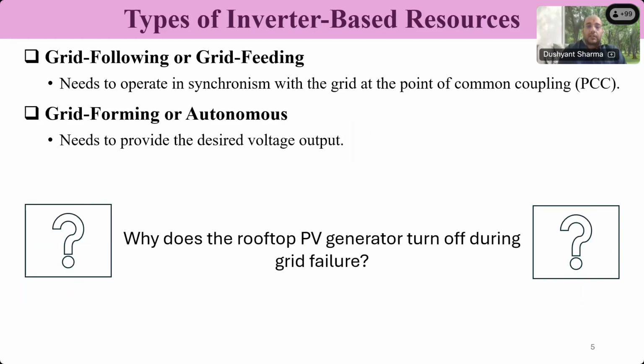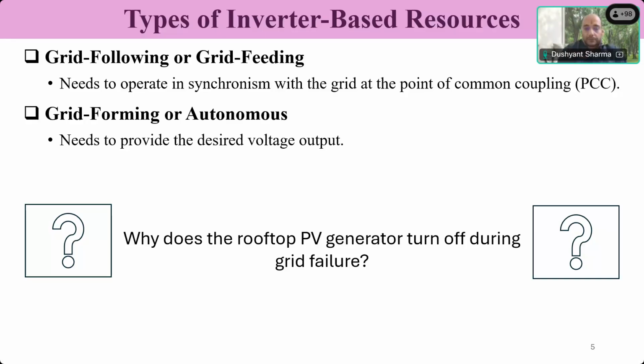So the question was whether an inverter is a current source or a voltage source. To understand this, we have to understand the types of inverter-based resource. Sir, one participant is saying voltage source. Okay, that's a good answer. Thanks for the response. Definitely, we all feel that an inverter can be a voltage source because we have a DC voltage and it can convert to an AC voltage. So we can have a voltage at the terminals of the inverter, and that's why we can say it's a voltage source. But that's not the complete picture. The inverter will behave either as a current source or as a voltage source